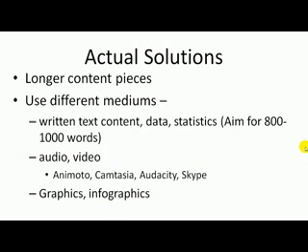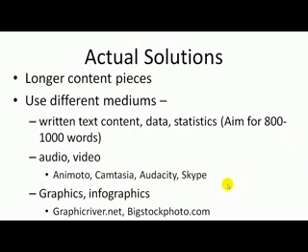Then we have graphics and infographics. When you're looking through content, you've got audio, video, but you need to have graphics all over the content. You don't want to have it all bunched in one spot. You want to spread it out so people feel the need to go through your whole article. So you've got examples, infographics, and you can get this stuff from graphicriver.net, which is one of my favorite sites. You can get a lot of cheap but really good looking graphics. Bigstockphoto.com is another great site where you can get royalty free images,